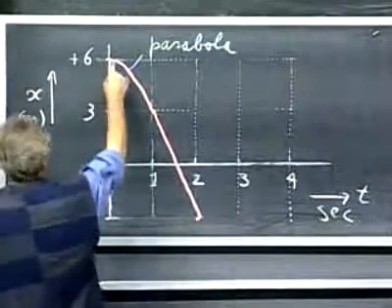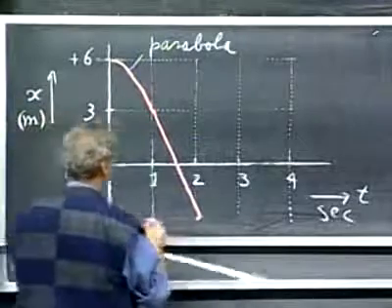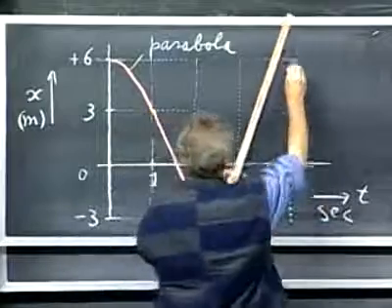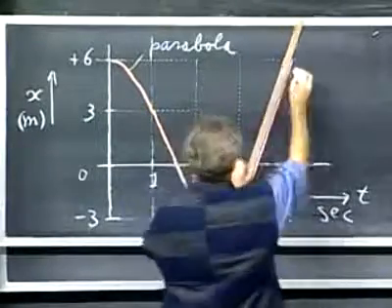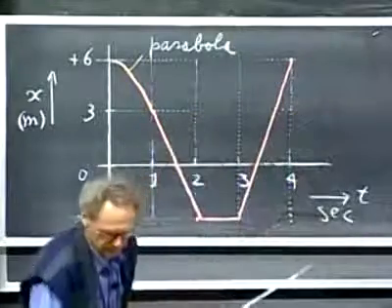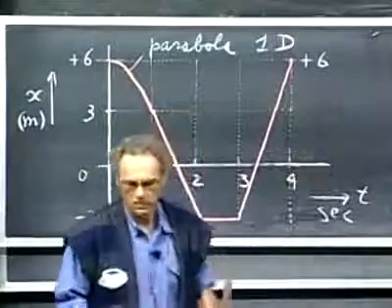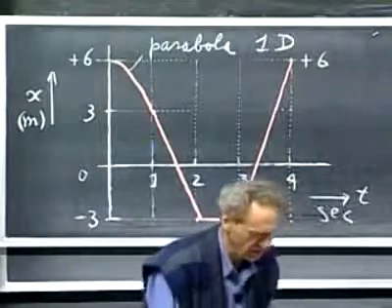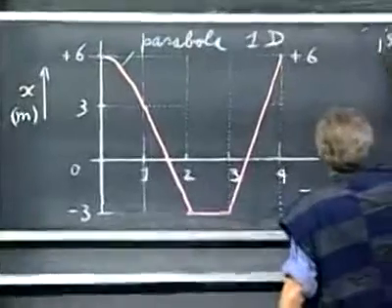So the object goes from +6 to 3, then it goes to -3, then it stays there for 1 second, and then it goes back in 1 second to +6. It's a one-dimensional problem. The motion is only in the x-axis, along the x direction. Let's analyze all these different seconds that occur. Let's first take the first second,